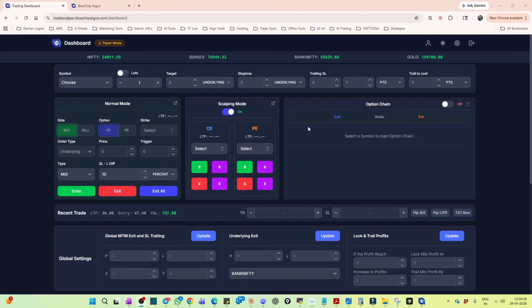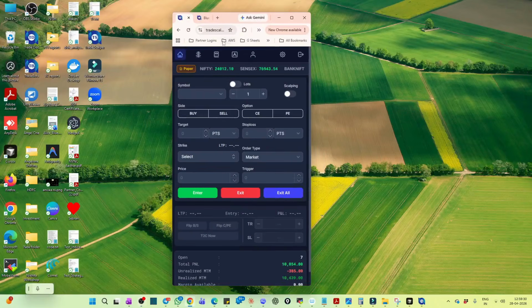One more important thing is you can even trade using this tool on your mobile. So you can see here